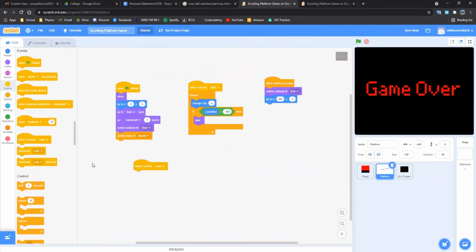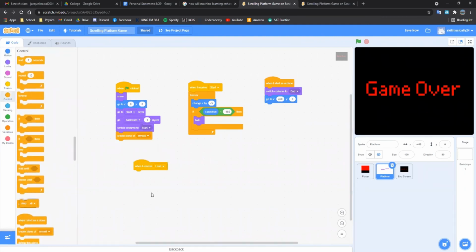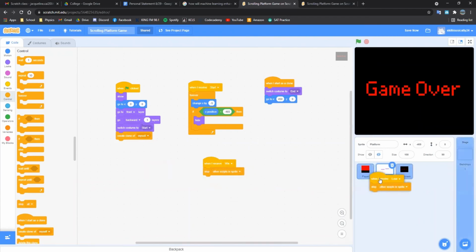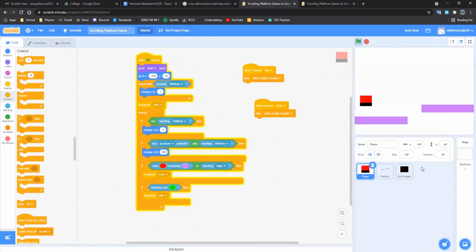We can say, when I receive lose, then stop everything else in this sprite. Want to stop everything else that's happening here, stop the platform movement, and we also want it to happen when we receive win. And we can bring this also to the player, so that the player doesn't keep on moving down. So now if we test it,